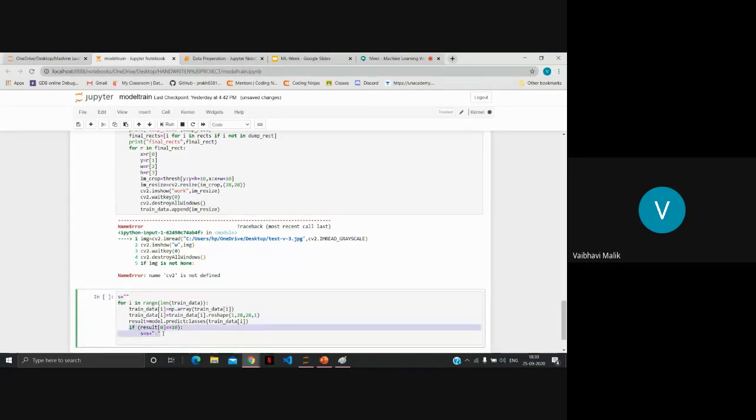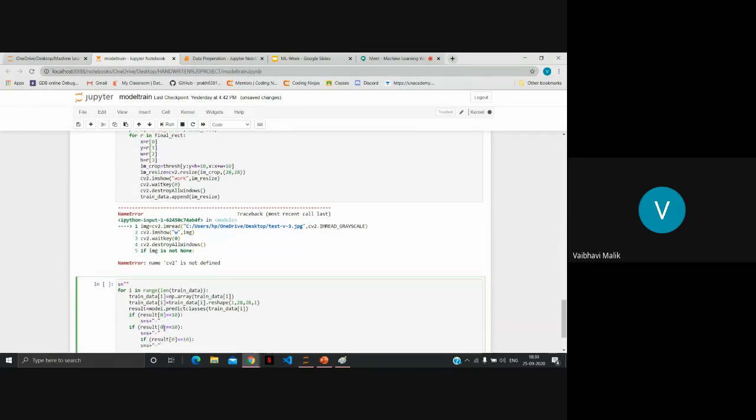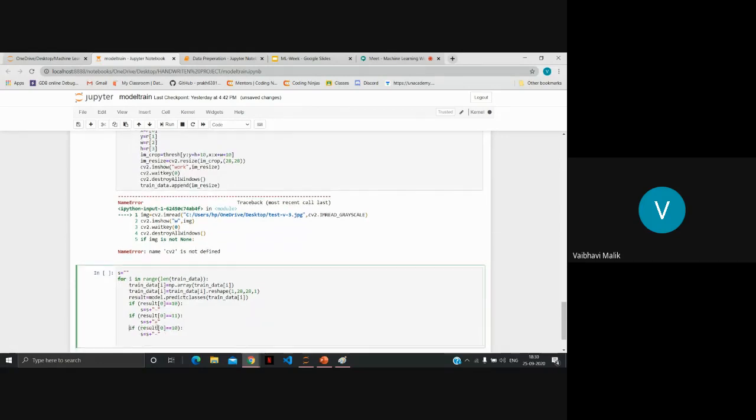Similarly, we have to do it for every one. If it is 11, then it will be plus. If it's 12, then it will be multiply, and 1, 2, 3, and 4 for the numerical digits that we have. Okay, if the result is 11, we have to add it. If the result is 12, then it will append multiply.